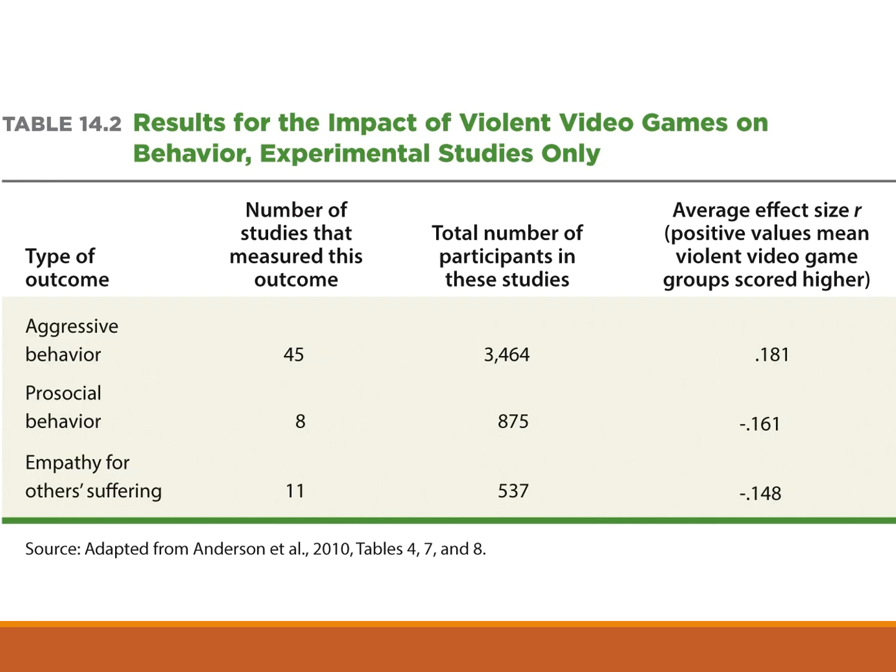So we have 45 studies that experimentally looked at this, simply measuring some form of aggression. We had 8 studies that looked at basically measuring whether this impacted pro-social behavior, and we did 11 studies that examined empathy for other suffering. Now, if we really wanted to know how much this replicates, and so in this case, we have over 60 replications, we're looking at also, is this all being done